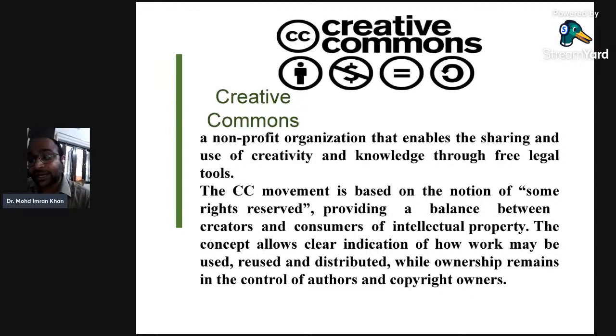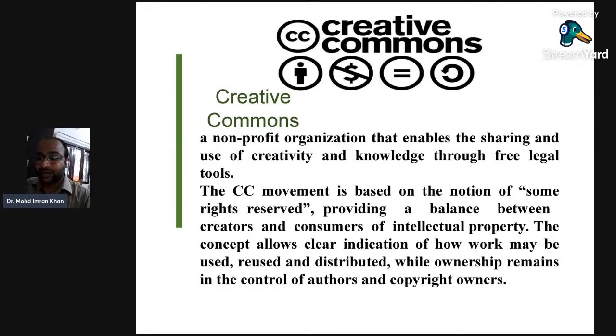And what is the notion of intellectual property rights? For instance, you can take an example of copyright. In copyrights, you must have seen in books also, when you read the first page after the title page of the book, you might see that at the bottom you may see that all rights reserved. But in Creative Commons, you see that only certain rights are reserved. So it actually provides a balance between the creators and consumers of IP, right?